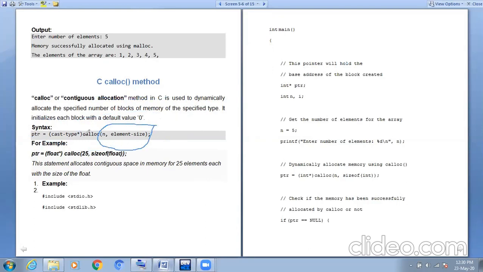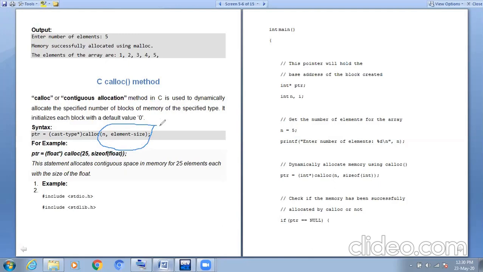Basically, what is the difference between malloc and calloc? When do we use malloc and when do we use calloc? The answer is: the malloc function has one argument, and the memory allocated by malloc has garbage values. But the calloc function receives two arguments, and the memory block allocated by calloc is initialized by 0.